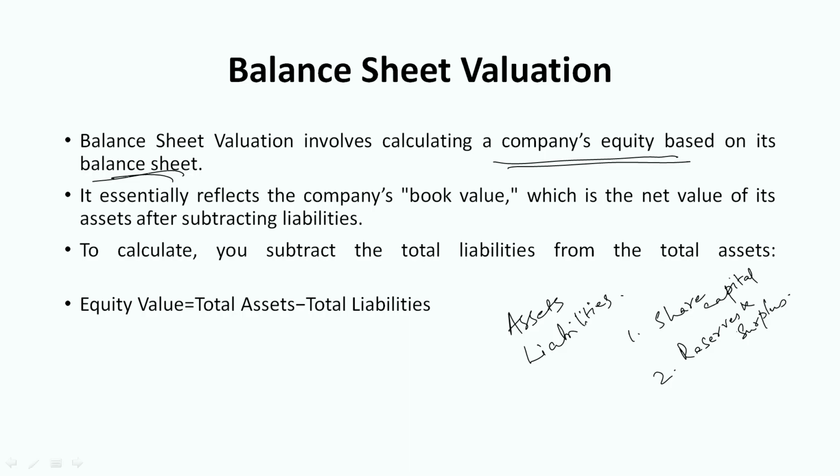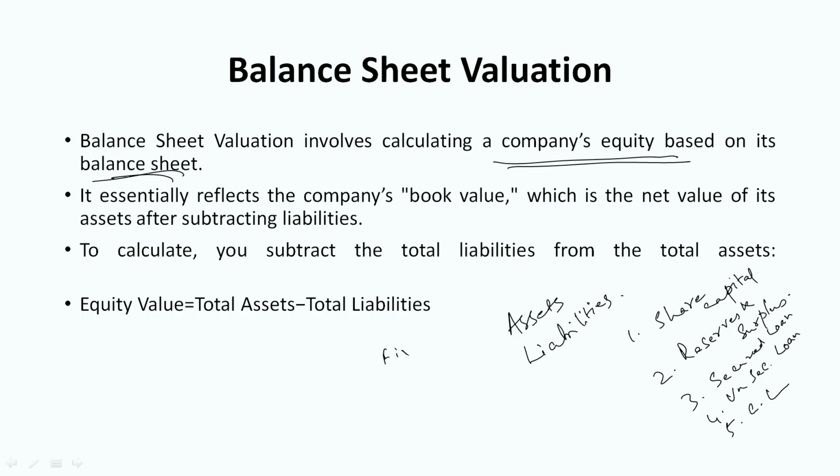The third schedule is your secured loan. Fourth is unsecured loan. And fifth is your current liabilities. So, this is part of your liabilities. Now, when you come to the assets, you have